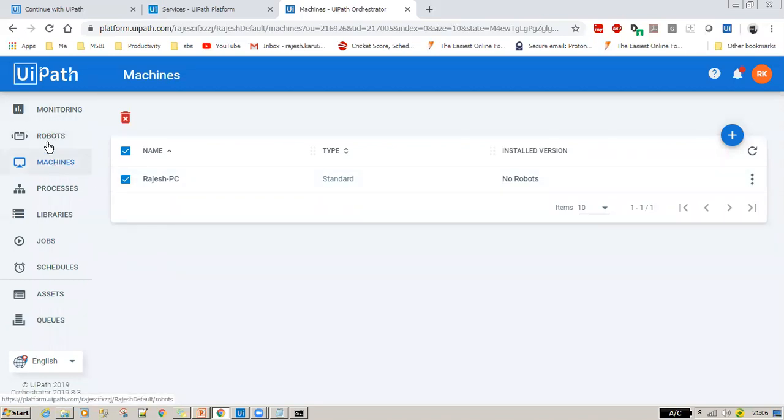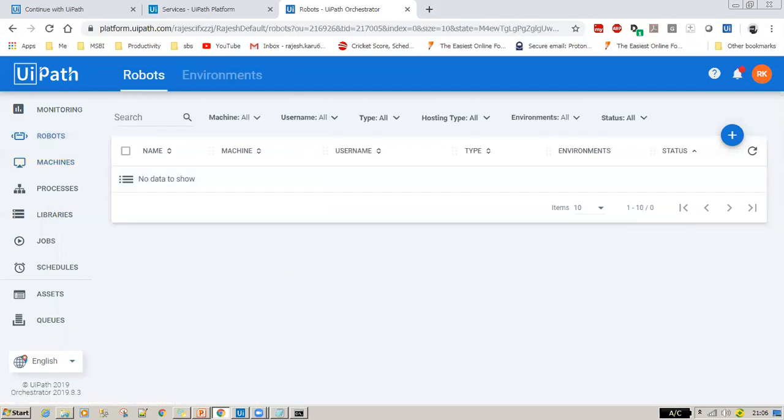There is a component called Robots on your left pane. Click Robots and click the plus sign. Here there is a standard robot, and here it says a floating robot. So what is a standard robot and what is a floating robot? Say you have one machine, and assume there is one particular login user credential you would like to use. The other scenario would be on the same machine in a shared environment, where you have multiple logins.